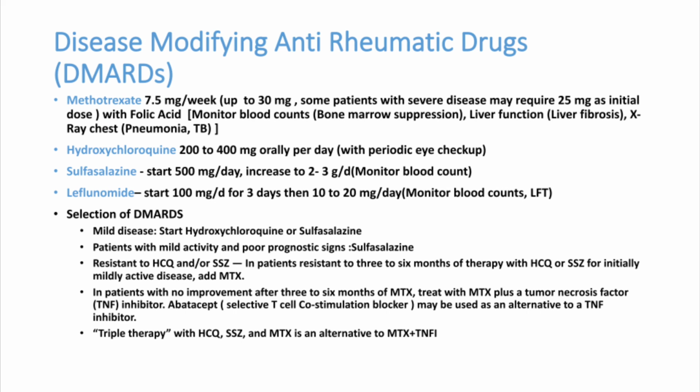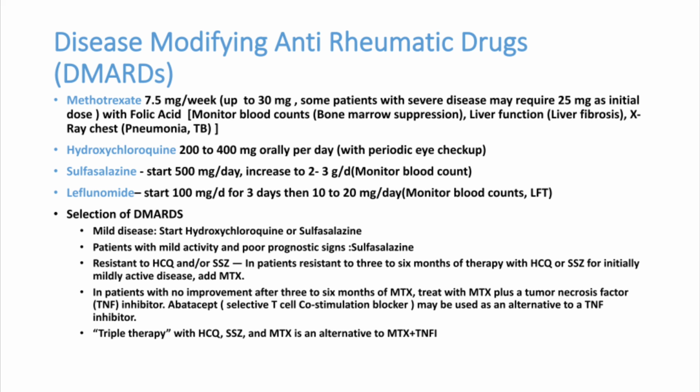Many patients may miss folic acid when they are taking methotrexate, which may produce bone marrow suppression and severe anemia or neutropenia. When we are giving methotrexate, we have to check liver function tests, chest x-rays, or auscultate the chest for any fibrotic changes. A very rarely occurring complication of methotrexate is lung fibrosis.